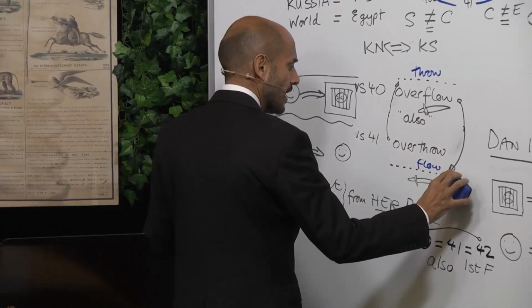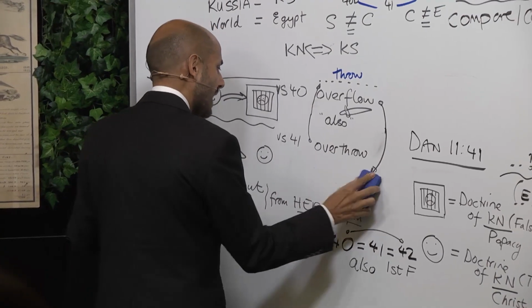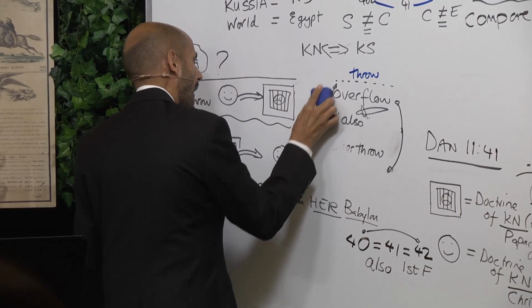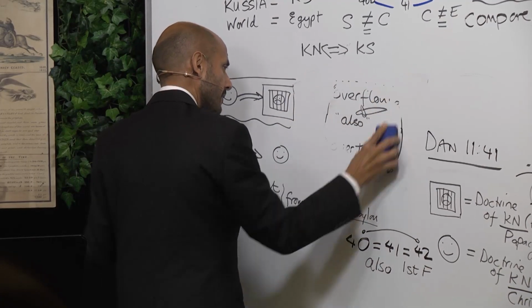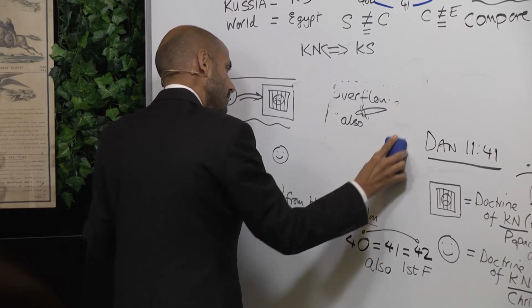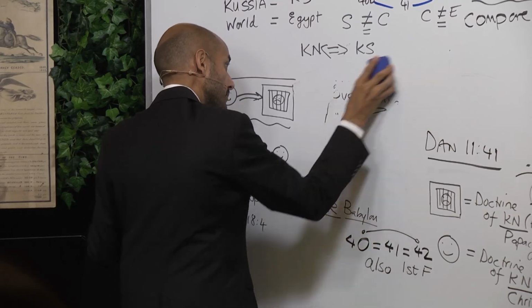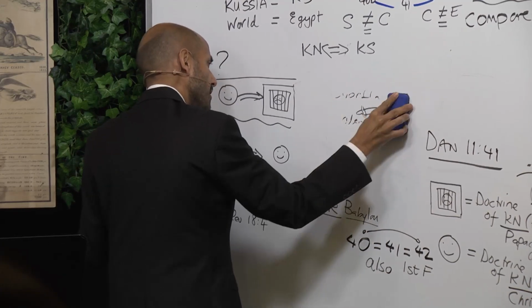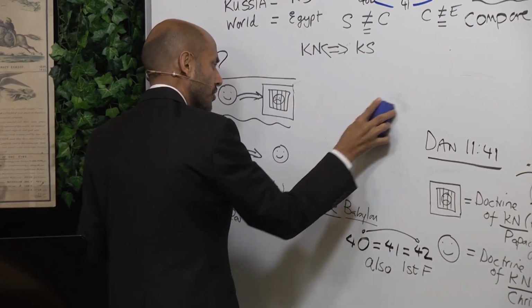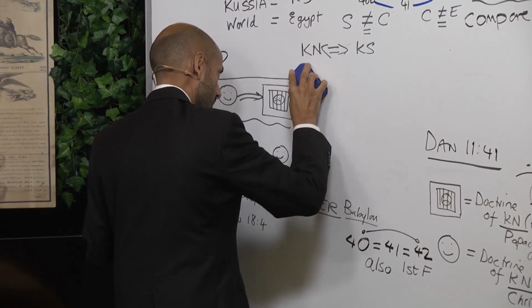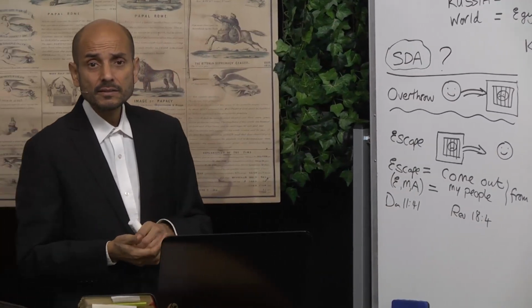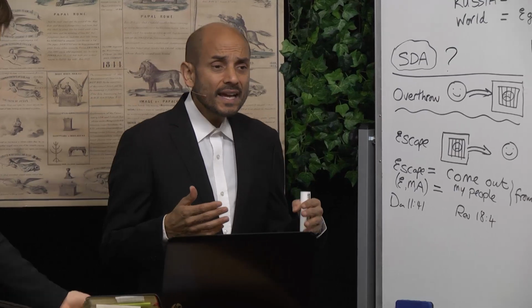Then we looked at this group who escape, and we began to proof text that idea. And this is another important observation to see. When you proof text, you don't necessarily have to